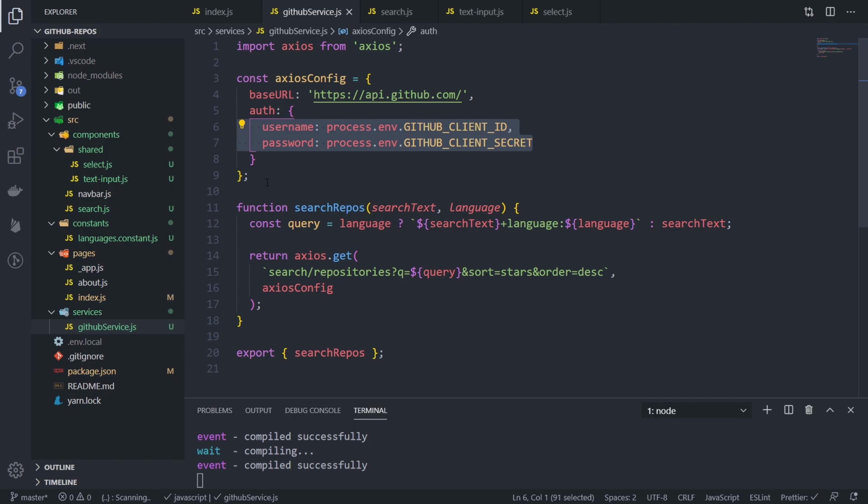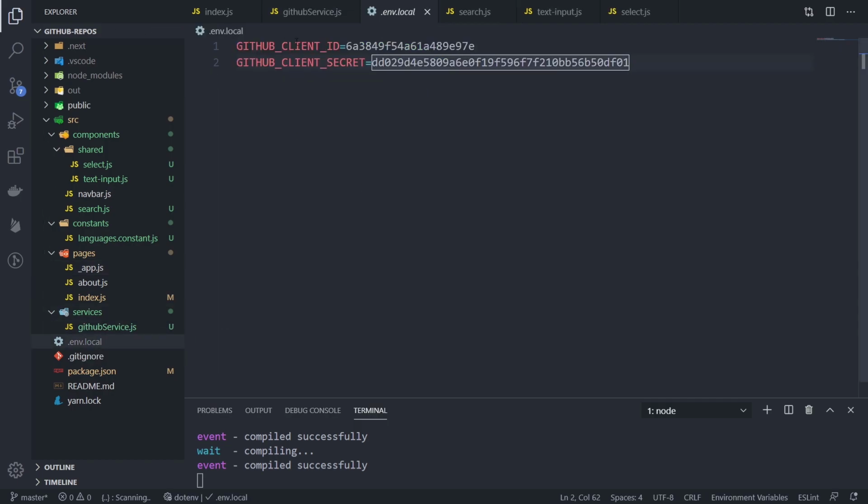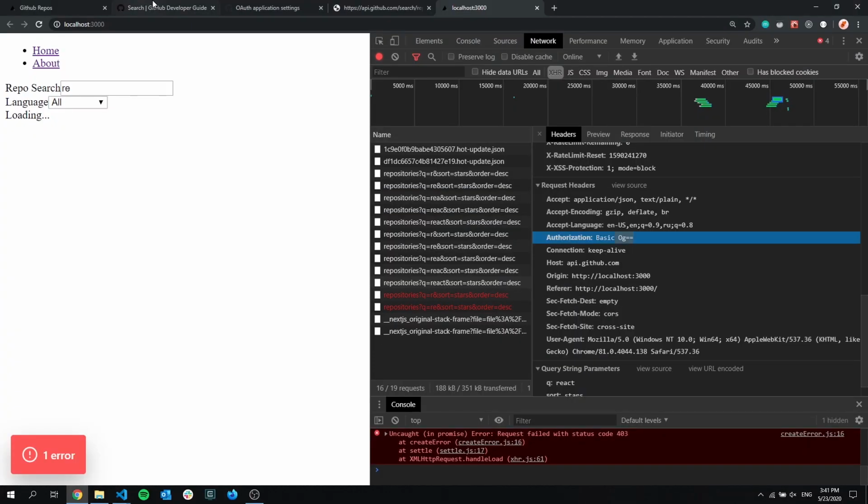But if you really want to do this and inline them into build time, because of course process.env is undefined on client side, it's only for Node.js, so on the server. But if you still want to use it, there is a possibility, and you can find this by just going to the Nextjs documentation